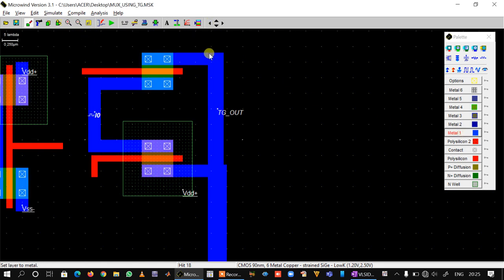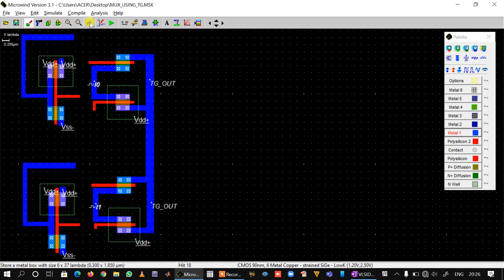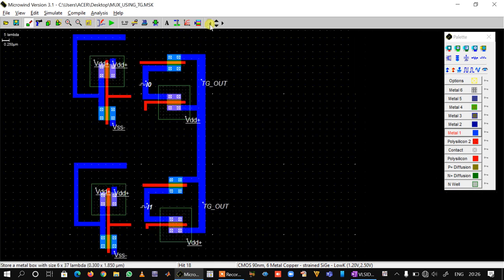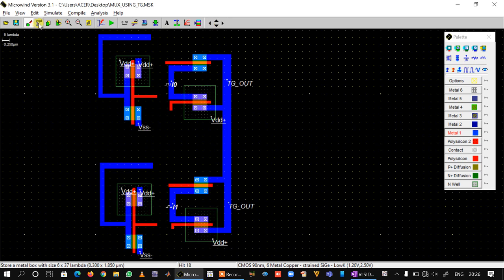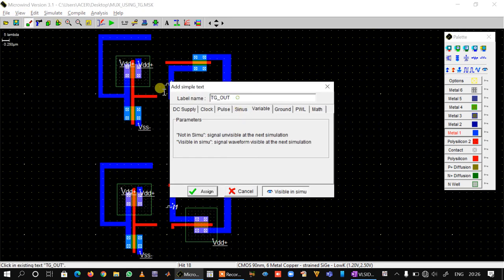Take metal 1, connect it here, small. Now we can delete one output and we can bring the output down and we can rename it and we can say this is the output of multiplexer YMUX.